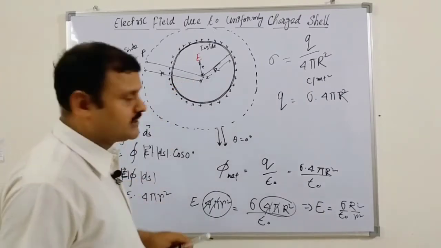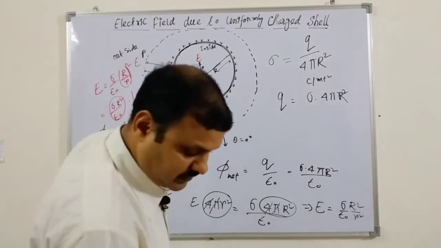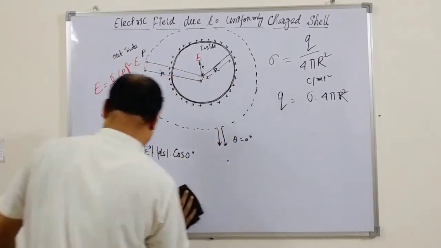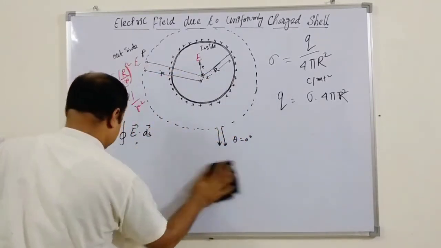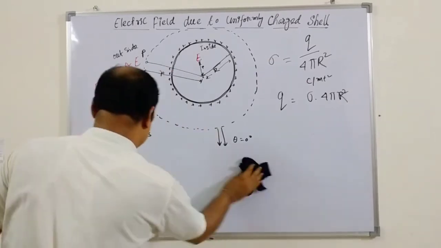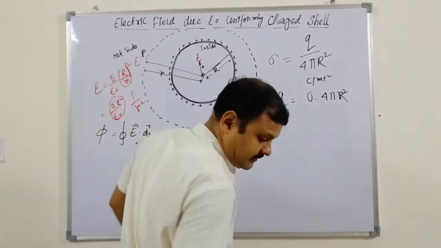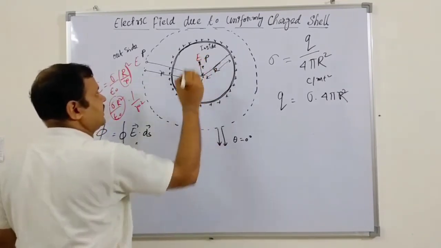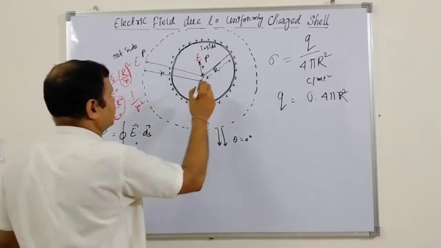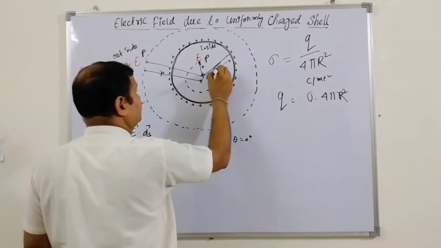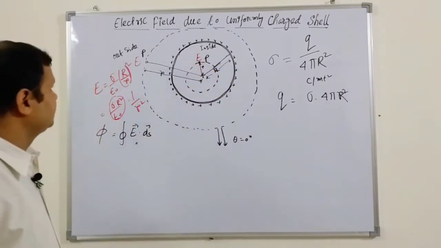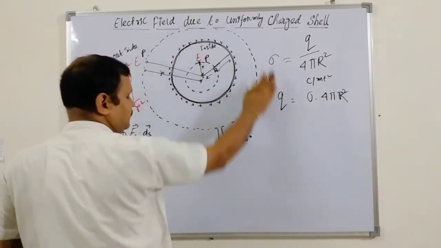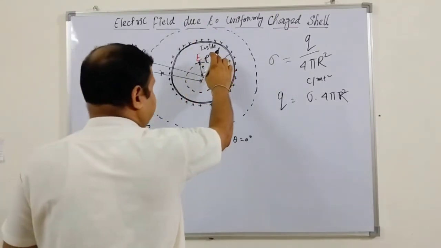Now if we consider the inside of the cell, for a particular distance from the center, which is smaller here, the point is P. Now shifting here, we consider the point P here. Now what will be the charge here? For this, we will consider a Gaussian surface here, another cell space. Forget about the earlier one now. Now we consider the point inside.